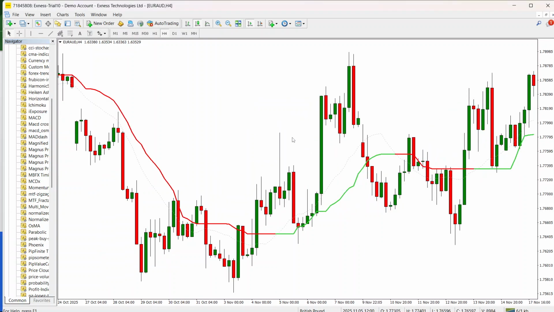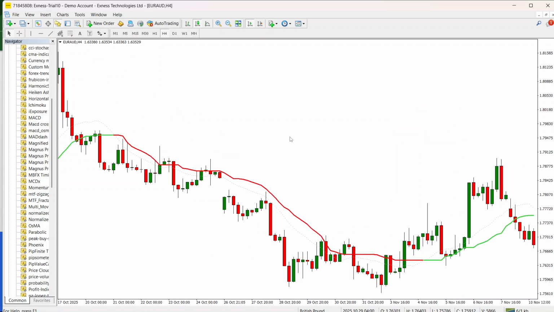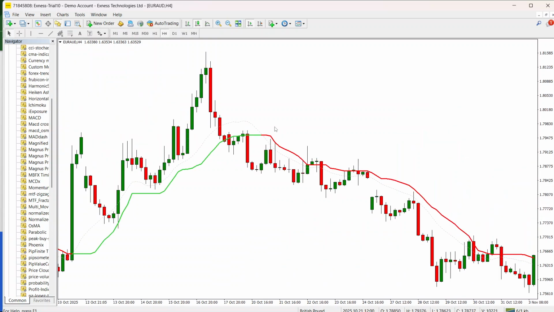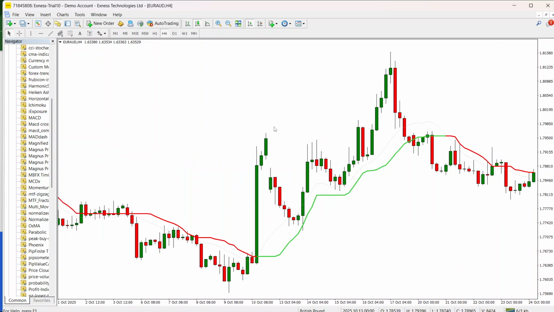The indicator is well suited for traders who want a clear, low noise view of trend direction and market structure, especially for swing and position trading. It's a visual trend tool only and does not execute trades, and while it does reduce lag compared to many simple moving averages, it can still respond slowly during sharp reversals and should be combined with price action or other indicators